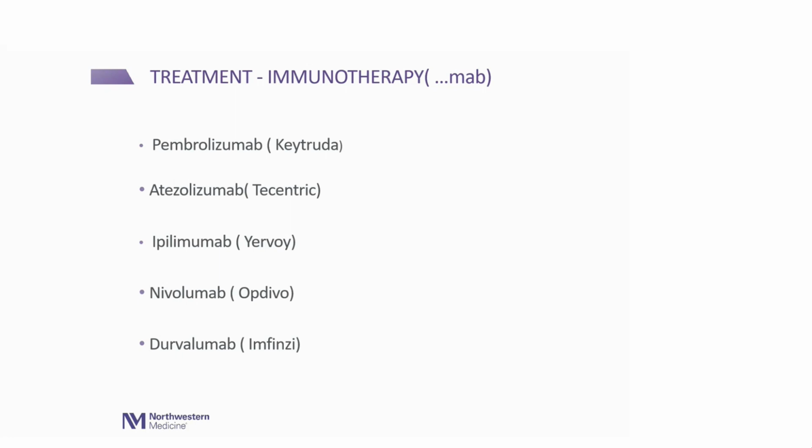So right now, these are the immunotherapy drugs that are commonly used in lung cancer. Pembrolizumab. The brand name is always advertised by the drug companies. Atezolizumab, ipilimumab, nivolumab, durvalumab. Anytime you see the word or the last letters MAB, M-A-B, that is immunotherapy. That's a brief, easy way of remembering that with all those names that come across. This is one trick which my teacher taught me when I was in training. So when these drugs were just coming out back then. So anything with a MAB is usually immunotherapy.